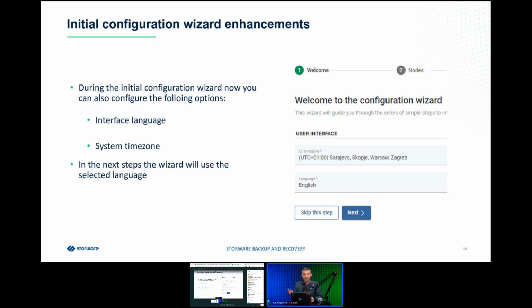So always when you're doing the initial configuration wizard, we start with two major questions: what's the language that you would like to use, and what's the system time zone? Because many times from the proof of concept perspective, when people play with our software, we notice that administrators do not set up the proper time zone, and then they ask the question,